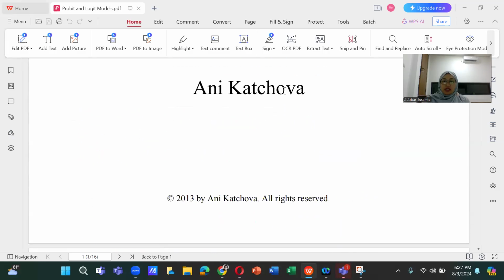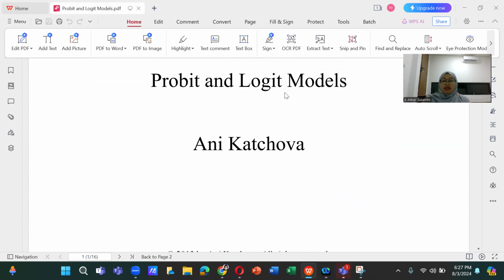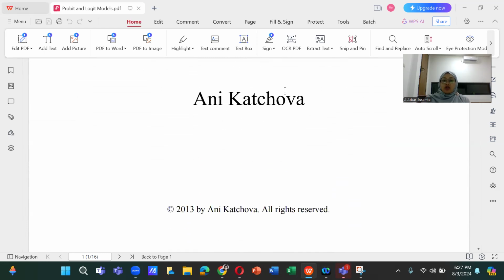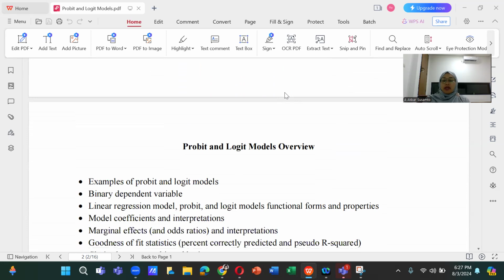Okay, good morning, students. I have material today on the Probit and Logit model. This model is by Ani Kachkova. What the Probit and Logit models are, I will explain, and beforehand I will give you the Probit and